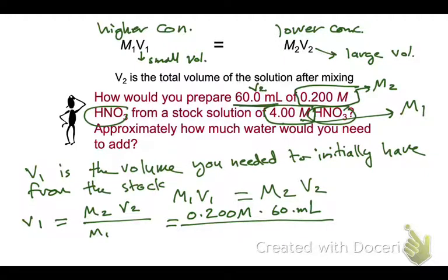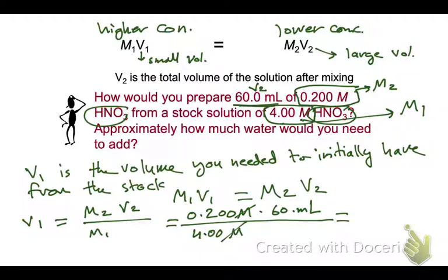Then M1 is 4 molar. The reason why you keep it in milliliter is because molar cancels molar. And what does that mean? That the final volume is gonna come in milliliter. So if you do this simple math here,